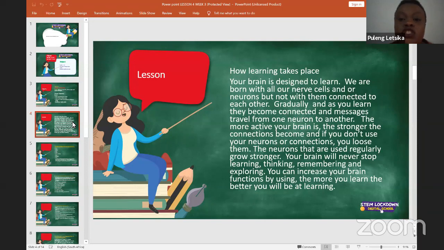So in order for you not to lose your neuron connections, you need to use them very often. Your brain will never get tired of learning. It will never stop learning, thinking, and remembering and exploring. So you must practice every day how to study, learn every day, read your work every day, and then you will grow in that area.